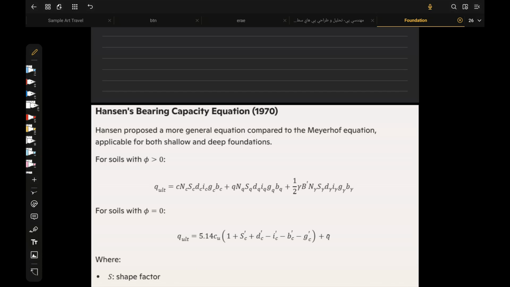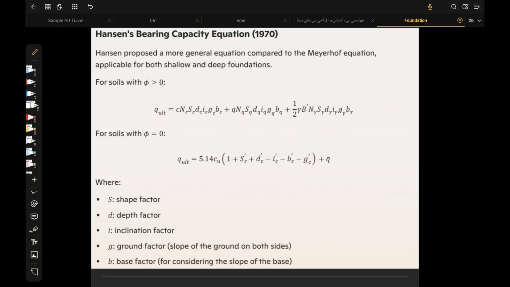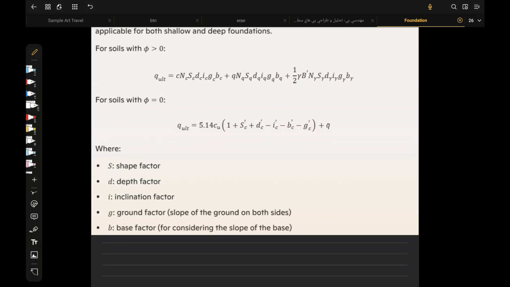Today we are going to learn about Hansen's bearing capacity equations. As you can see, it has some different terms: c, Nc, Sc, Dc, Ic, Gc, Bc, and other things. There are equations for soils with theta more than 0 and for soils where theta is equal to 0. In that equation, S is the shape factor, D is the depth factor, I is the inclination factor, G is the ground factor, B